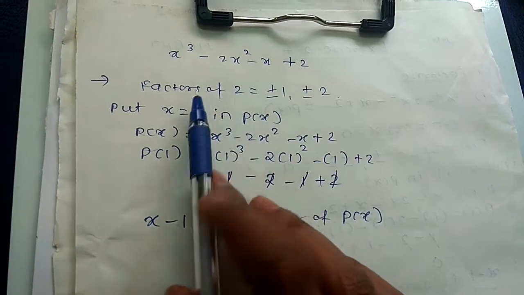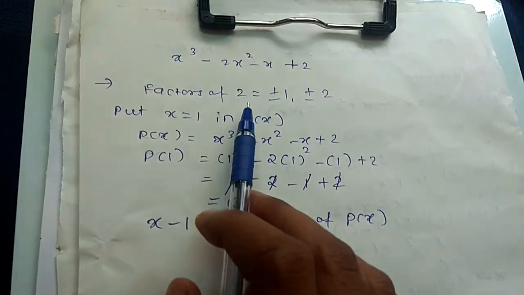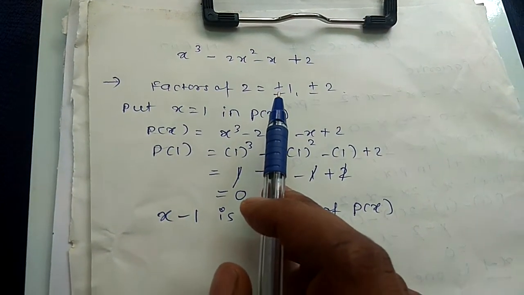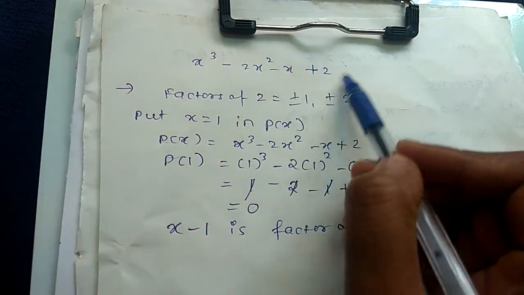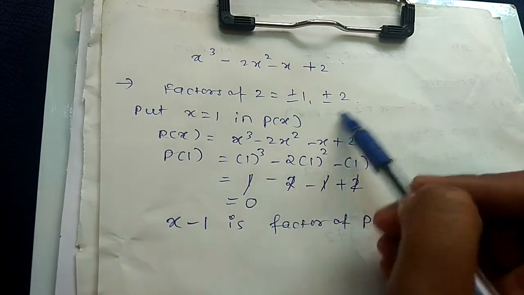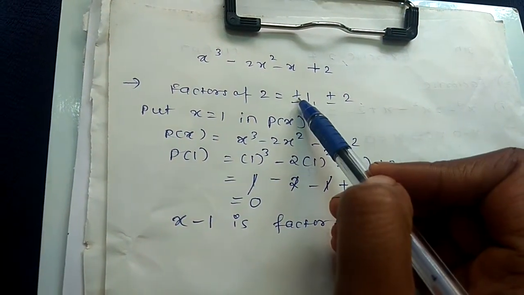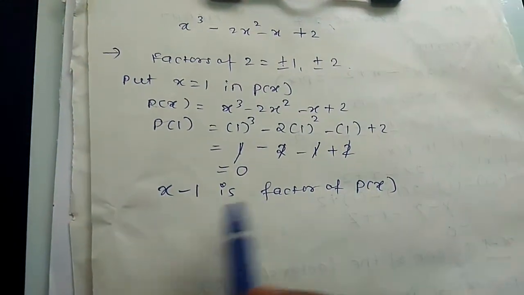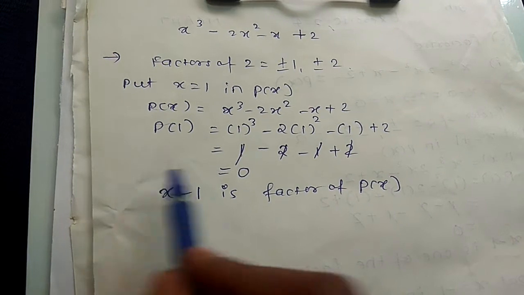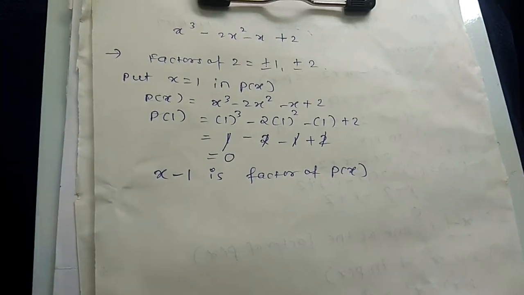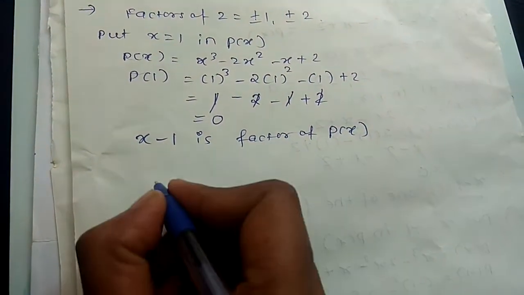Even though the factor theorem can find all the factors, it takes time. Suppose the last number, that is the constant, is a 2-digit or 3-digit number, then it will take much time to factorize. To avoid that, just find one factor by the factor theorem, and the remaining we are going to find out by the division method. As we know,